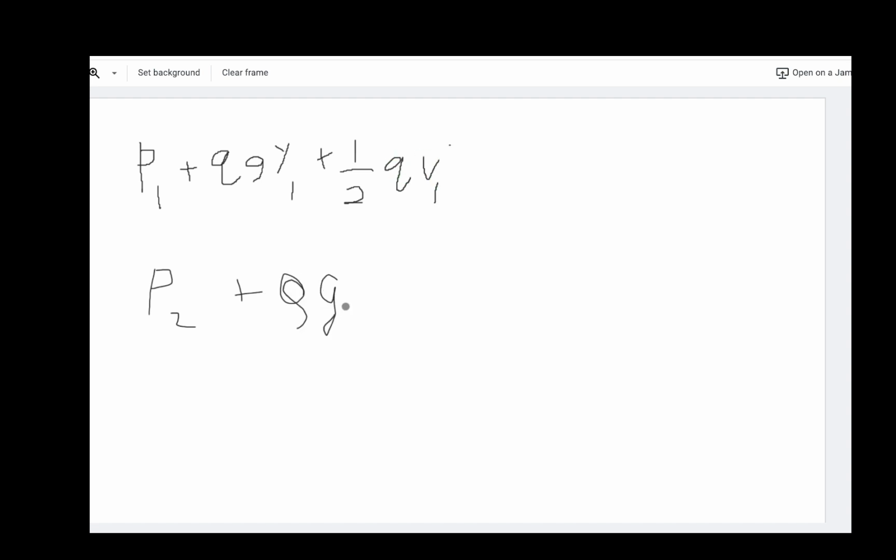V1 squared equals whatever's on the bottom. Draw a weird arrow. But yeah, that about sums it up. So basically what this is getting at is conservation, or it's similar to conservation of energy. So we can think of rho G Y1 as sort of